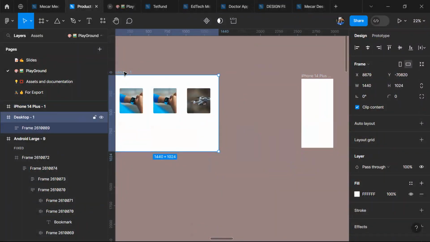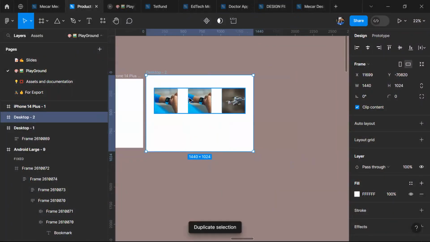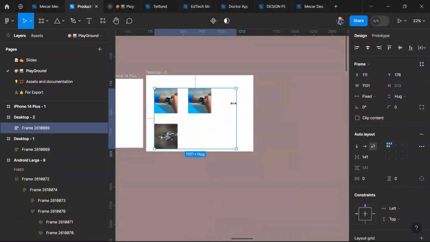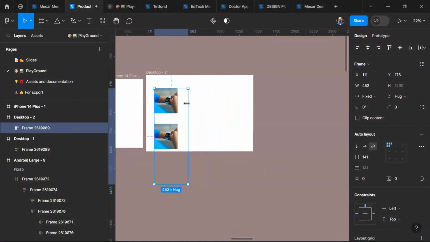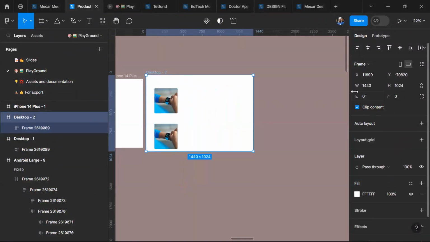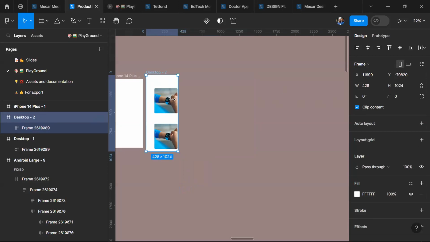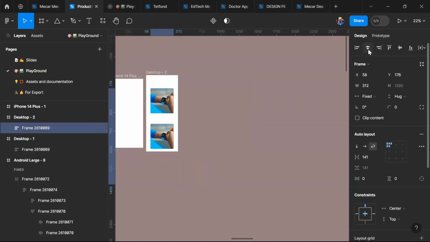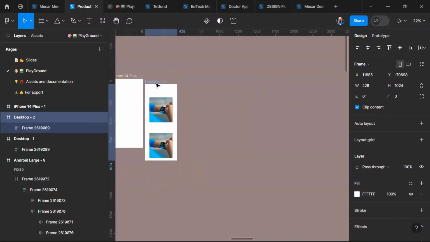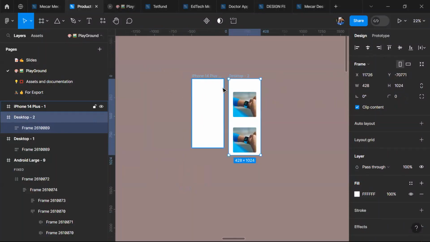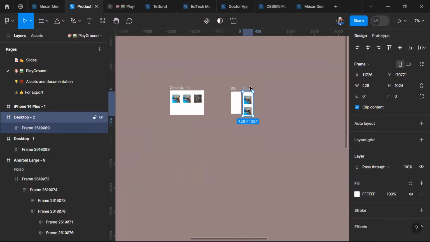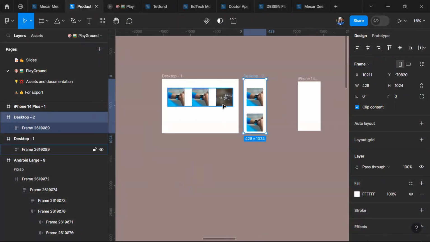So I'm just going to duplicate this and do this like this. As I'm moving this, because I've set this to wrap content, that's why it is actually doing like that. Then I can now change this one to be 428, which is my normal iPhone size. Now I have this, then I can center align this. Oh, sorry, did I duplicate it? Yeah, I did, thank God. So for desktop, I know I have this, and for mobile